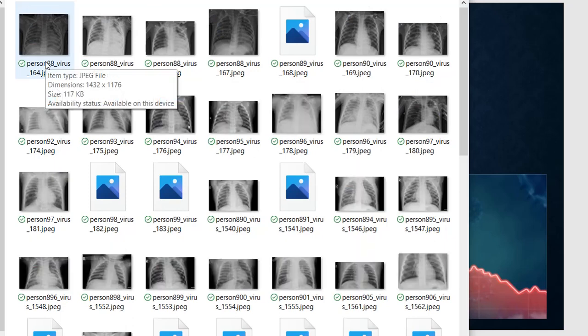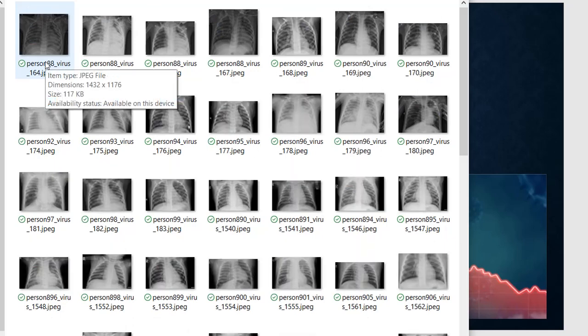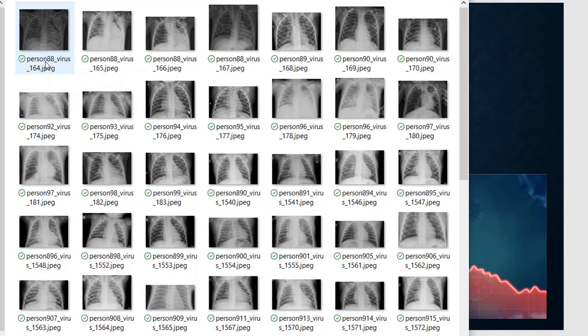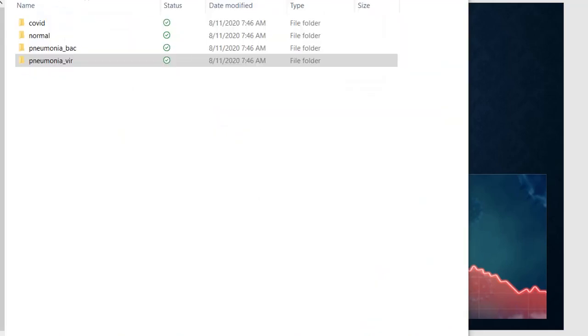This is an open data set. I will share this data set link in the description section. In case you have any doubt getting these data sets, please comment, and I will try to respond as soon as possible. I'll give you the link in case you find it difficult to find the data set. Okay, I think now we are clear.